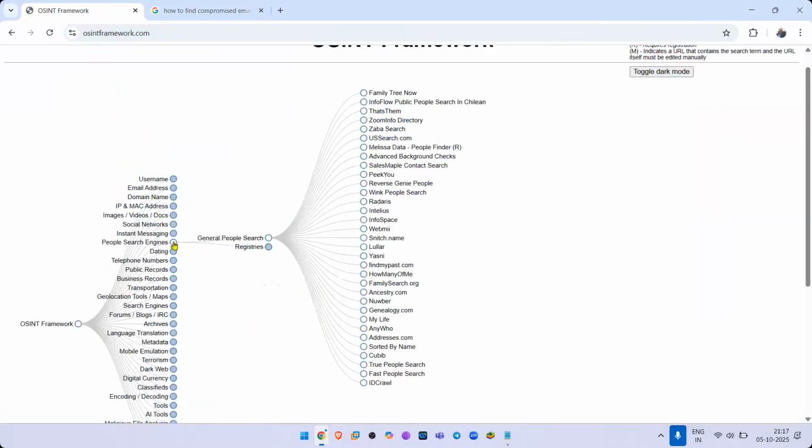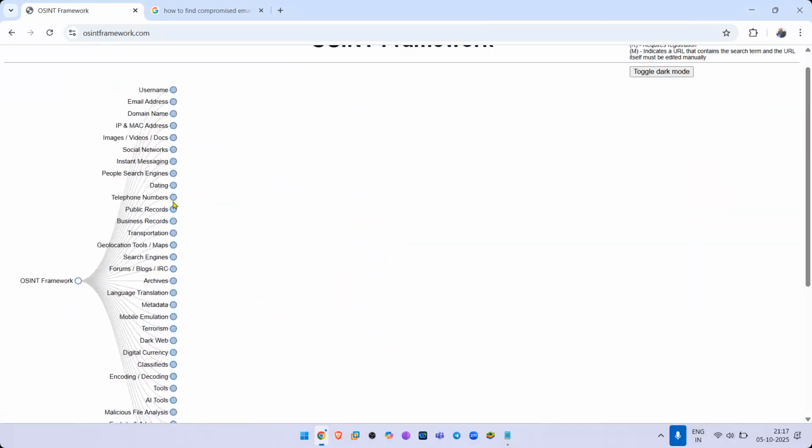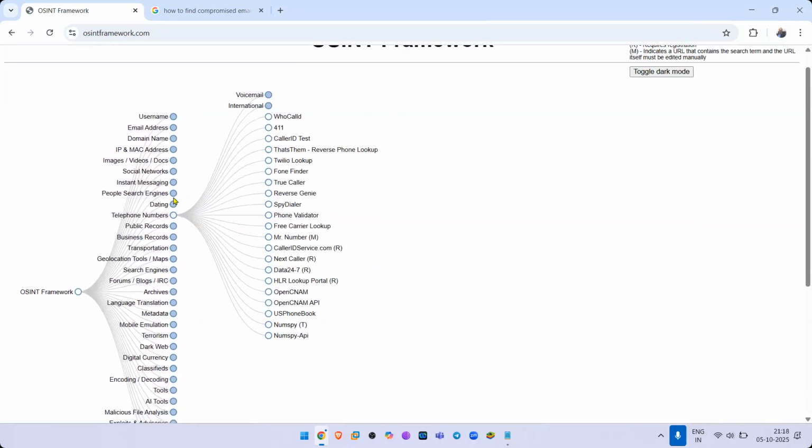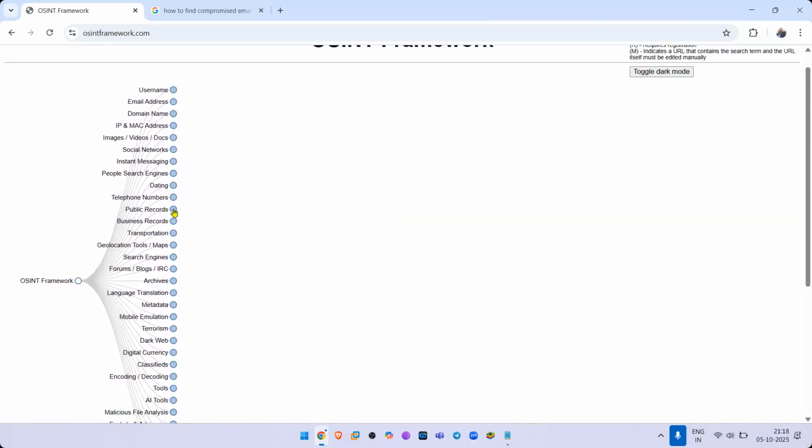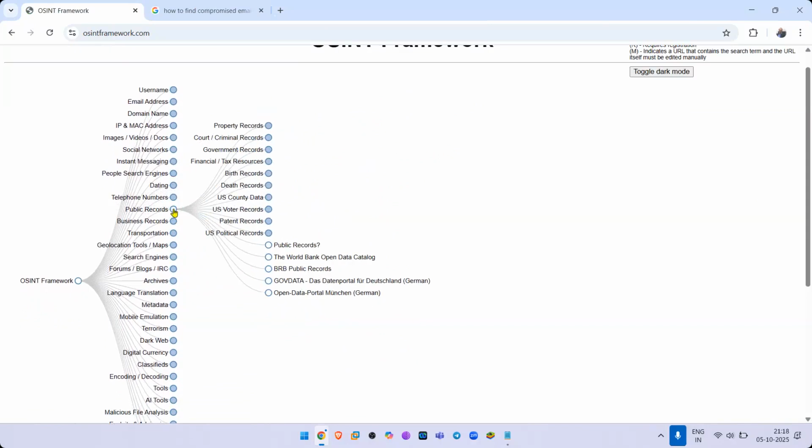So, people search engines, dating profiles. If you want to find somebody's telephone number, you know their name, you don't know their telephone number, one of the best platforms is Truecaller, but Truecaller is not the only one. There are so many others, for local, for international, public records. I'm not saying that you will 100% find the details, but there's a very high chance. You want to know all the government records, public records, criminal records, government records, tax records, death records, birth records? Whoa, it's all there.